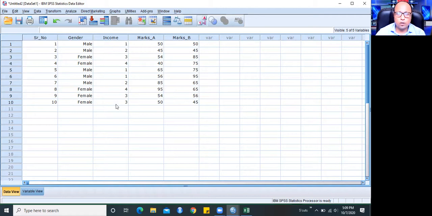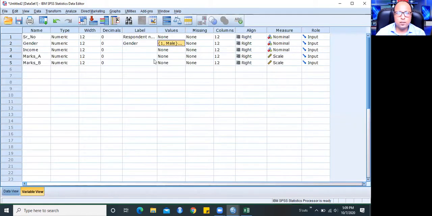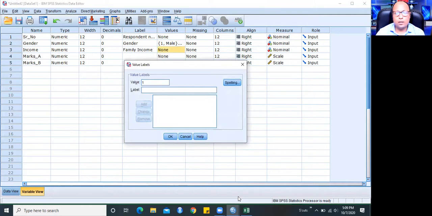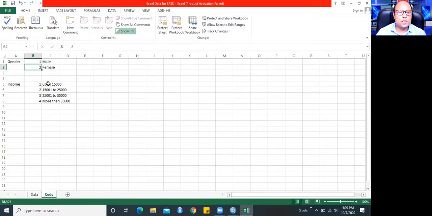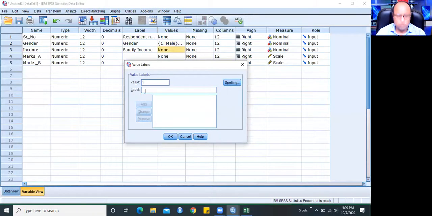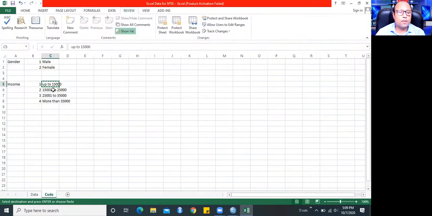Similarly we can do it for income. So for income, again, I'll label it family income. And I had the values. Number one: here, if you don't want to make a mistake, you can copy and paste from here. So I copied from Excel, and Control C, Control V works here. Number two: again I go to my data file, two is this.